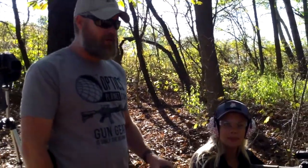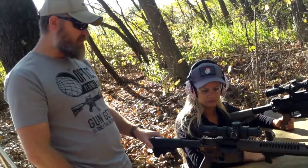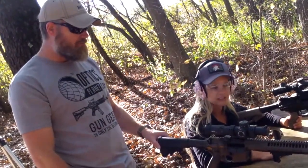This is the rifle that is my primary hunting rifle for around here. This would be my deer rifle, this would be a standard coyote rifle, this would be a standard pig rifle. That's one of my favorites. I love the 6.8 from LWRC. So that's awesome. So now hopefully when we go hunting we can pick out some really good rifles and